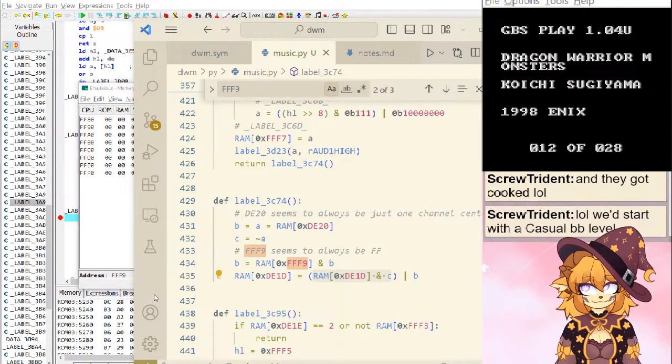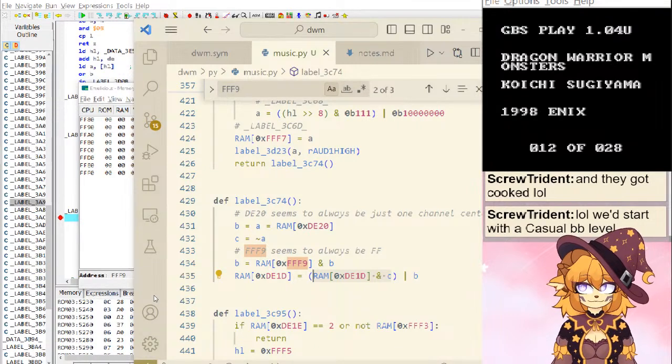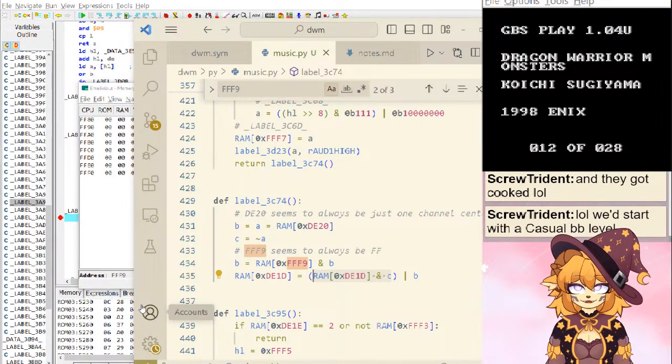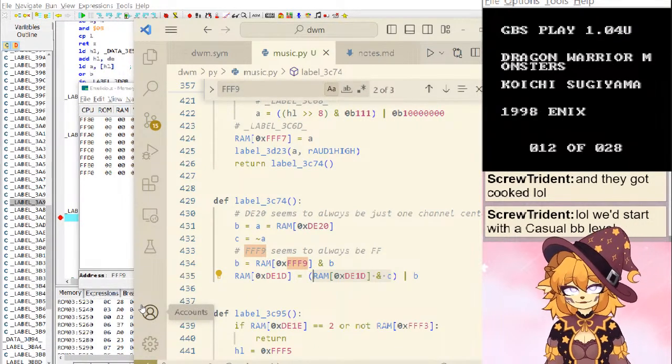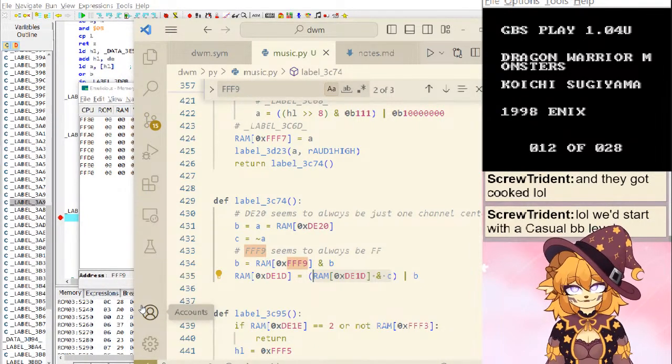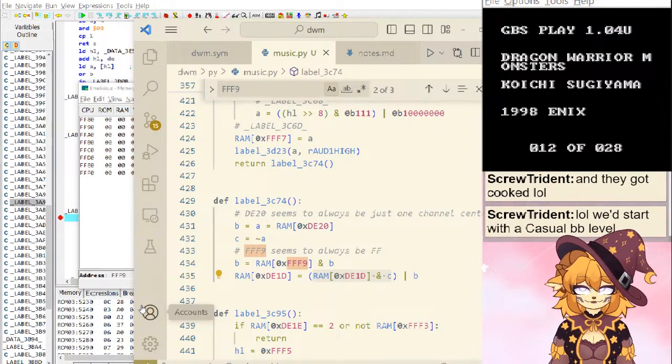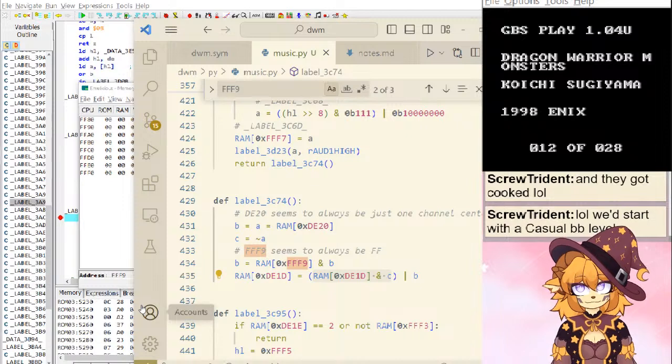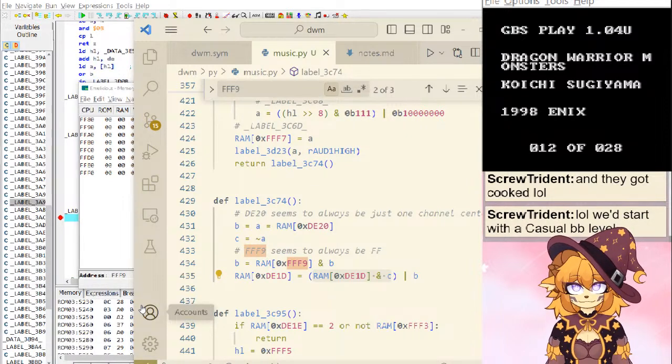Start with the casual level, casual baby level. Yeah. I honestly don't remember who won more often. But I definitely won at least a couple times. I'm sure I did. Well, me and my friend, anyways, because it was 2v2, right?